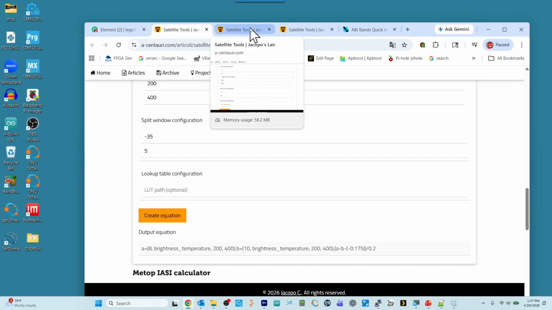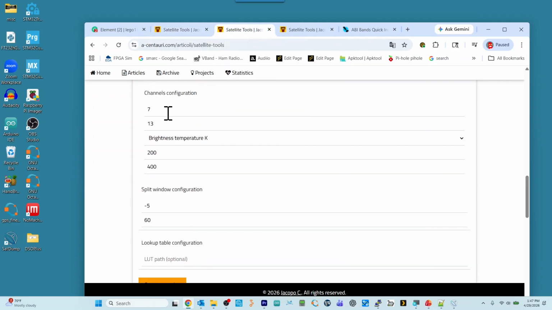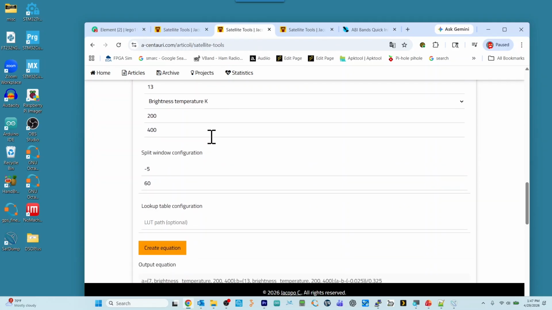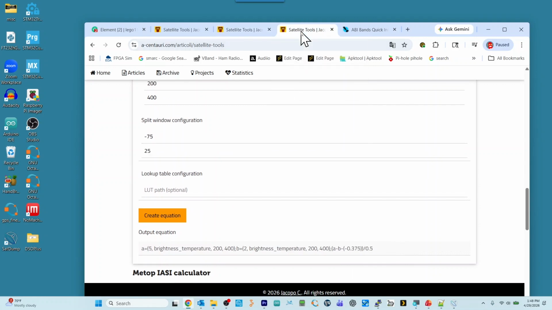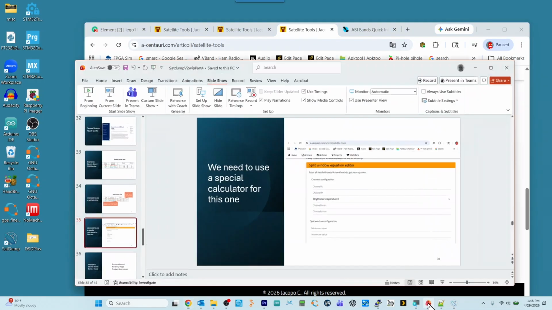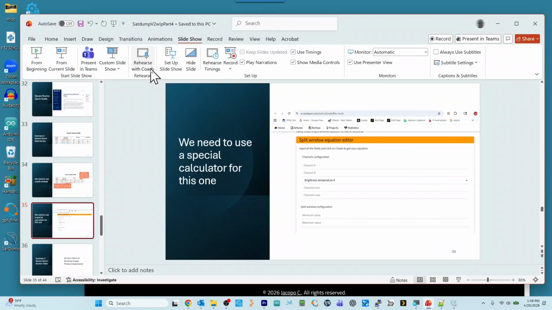And if we come over and do the same thing for green, click Create Equation, and it pops out at the bottom. And then lastly, the blue, and you see it here. And let's return to our presentation